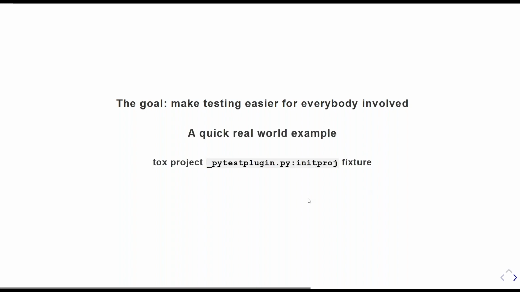What's the goal actually? Really, why am I doing this? Why am I writing fixtures? The idea is really making testing easier for everybody involved. And everybody involved might be people that do not have such a deep understanding. If you're the main maintainer of a project, you know everything inside out, you know how to write tests for it. But let's say you run an open source project and you want to make sure that contributors can write tests when they contribute code. Then you might want to give them a little bit of help by providing fixtures to make testing easier. And one real world example we could have a quick look at is the init.proj fixture of